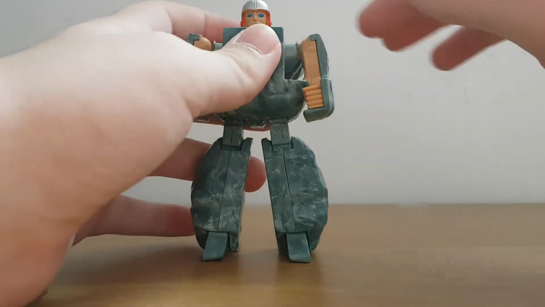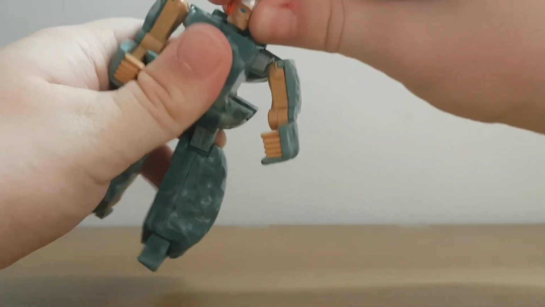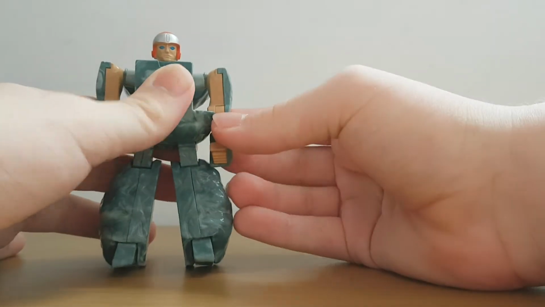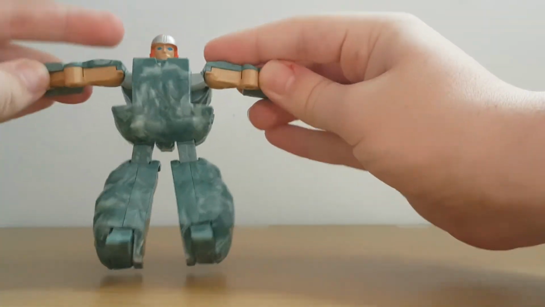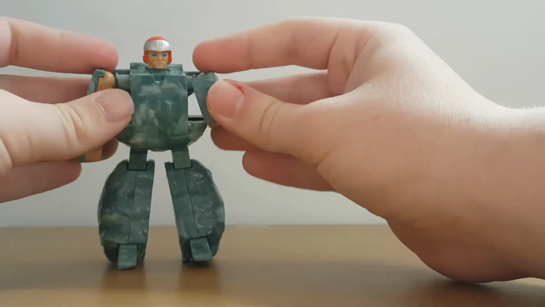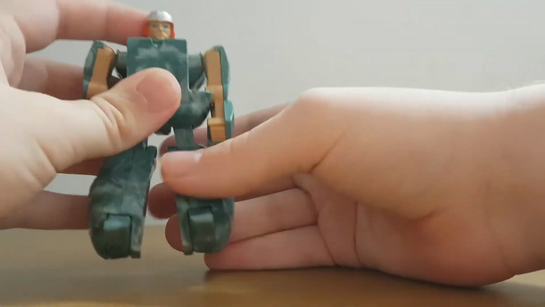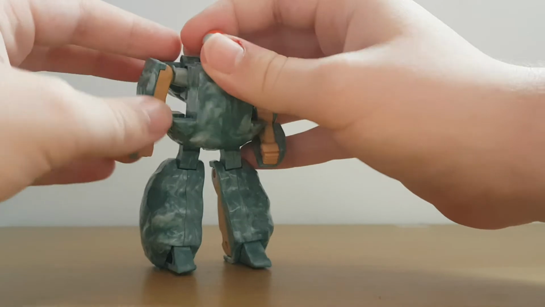Now, for articulation, the head can actually move, so we finally have a figure who can move his head. He's got elbows, that's more than most GoBots have. He can legit T-pose. He can curl up his elbow for the transformation. He can move his leg back so far. He can't do the splits, but he can move his feet, so